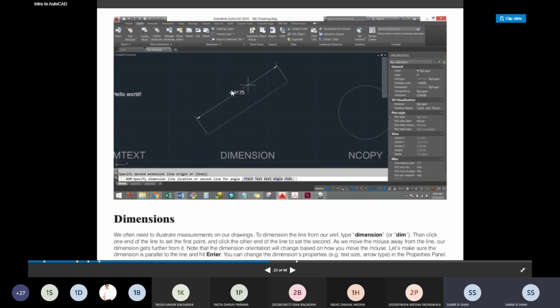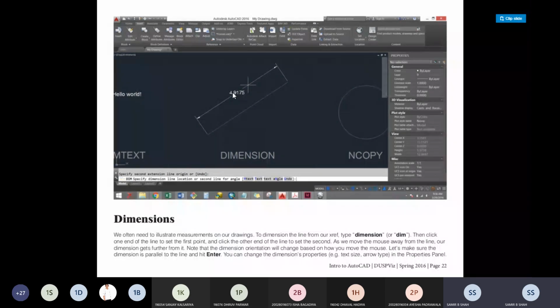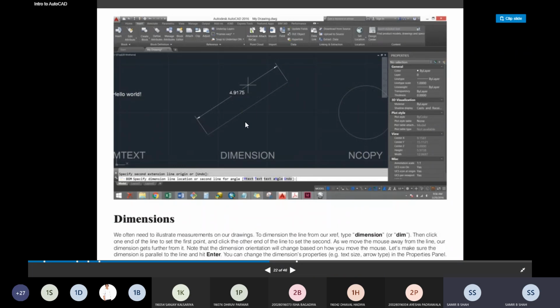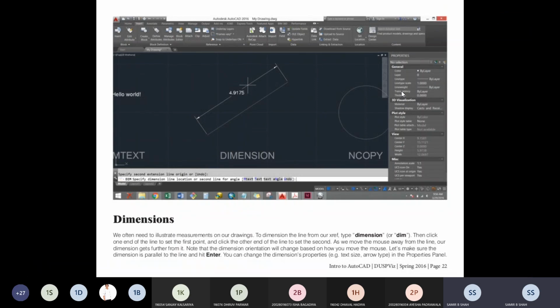After you get parallel, you mention the dimension here in the center, and then you may press enter. Okay, so that provides you the dimensions of any kind of complex shape, either it may be the polyline, or the circle, or the line, or the rectangle or square.